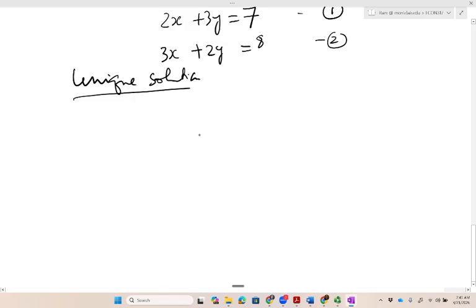So here what I am going to do is I will multiply the first equation by 3 and the second equation by 2 to obtain